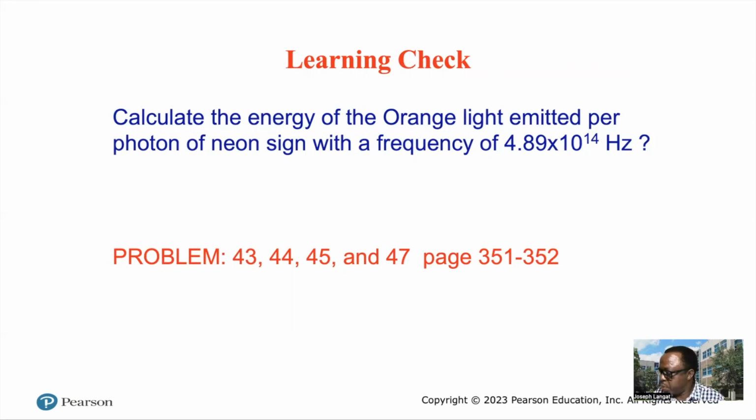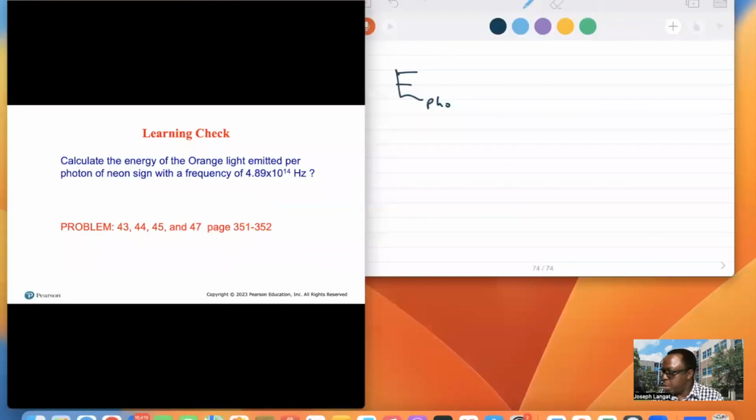So E over photon, look at what I'm doing. Let me just minimize that, over photon. You have to use the subscript photon so that you don't make a mistake, times the frequency. And remember, hertz, it was per second,